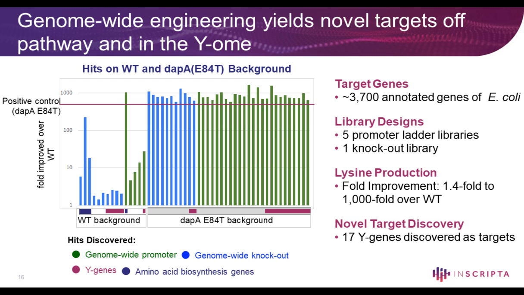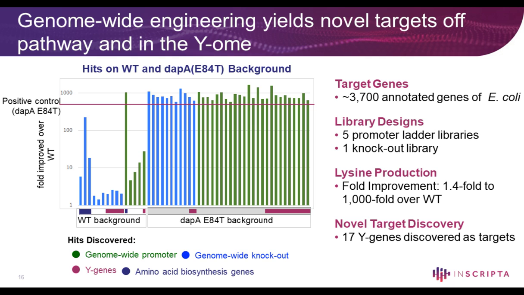are the different hits coming from the different library strategies. The green bars represent a hit from a genome-wide promoter insertion library, and the blue bar indicates a hit from a genome-wide knockout library. There are two different background strains in which we built these constructs. The first was a wild type background, and the second was a positive control background where you have DAP-A E84T,